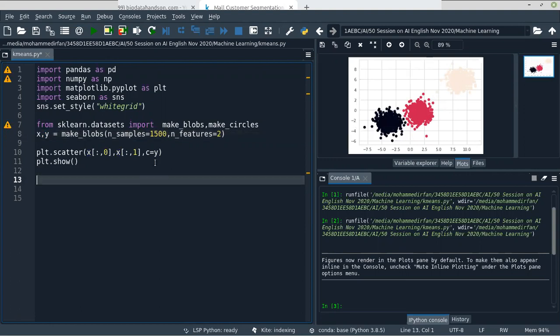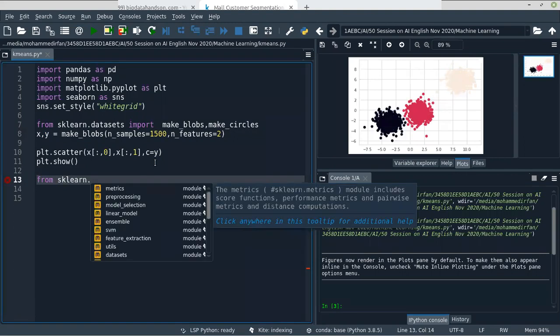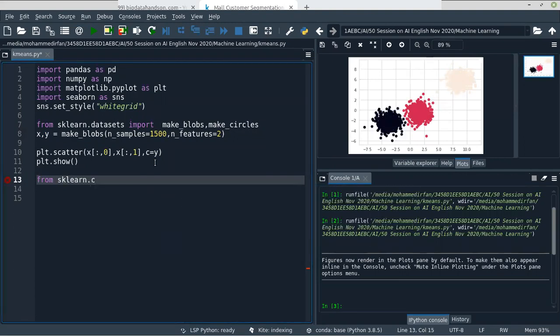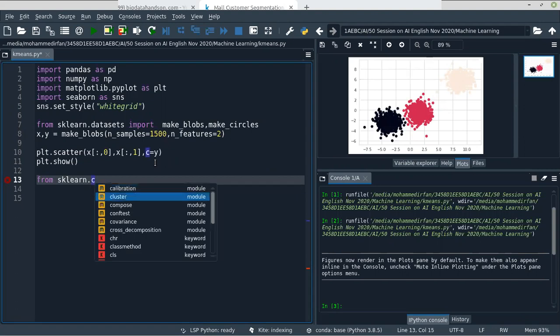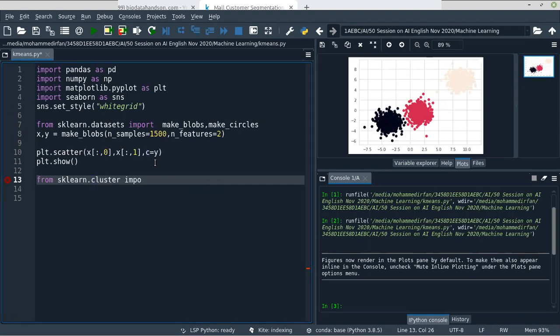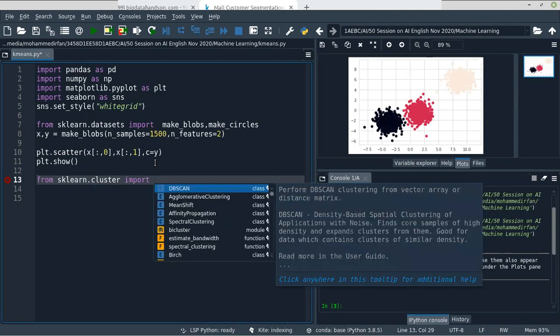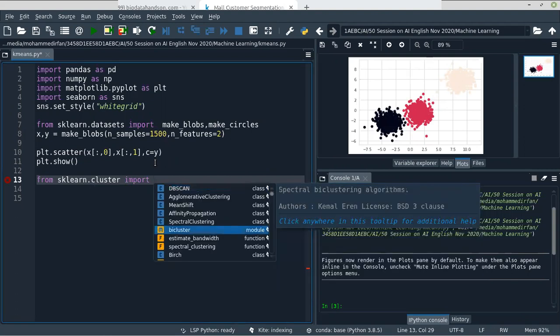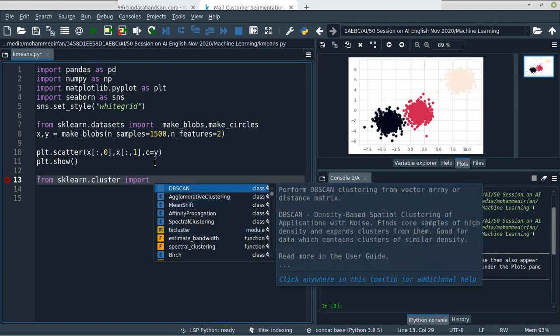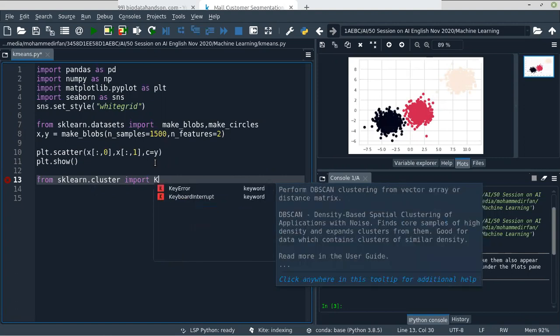So for that, let me import the k-means class first in the sklearn library. In the sklearn library we have a module called cluster. In this cluster module you will find all the clustering algorithms. So we want k-means, right? So you can see all our clustering algorithms. So first we'll import the k-means,